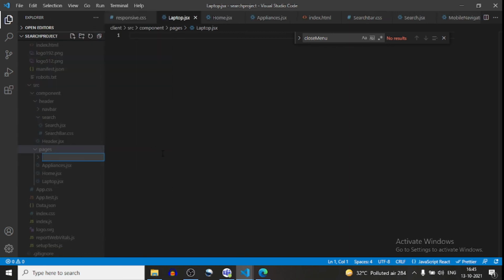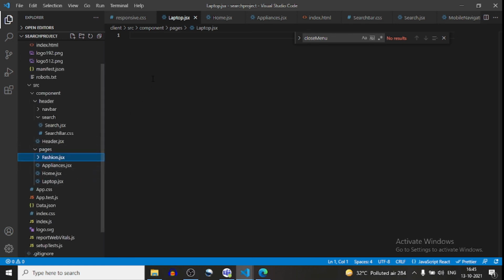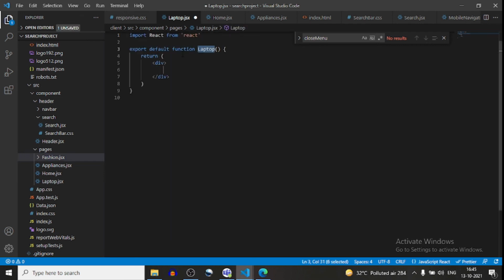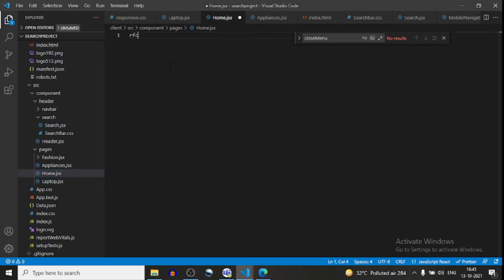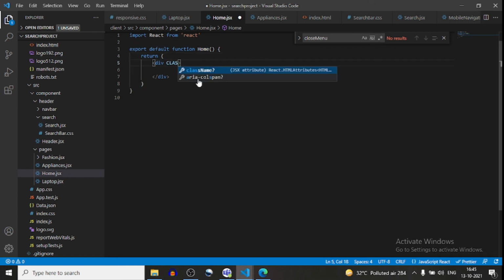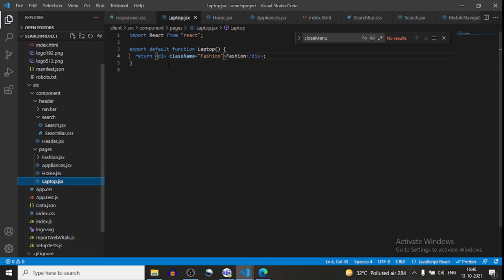Appliances, home, laptop, and fashion. Okay, so in fashion, in appliances, in home, last name equals to home, there will be home, and this is the laptop.